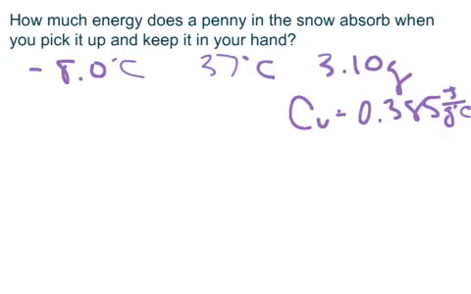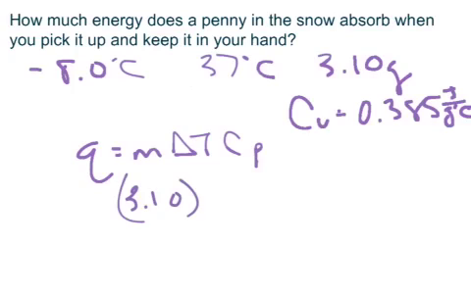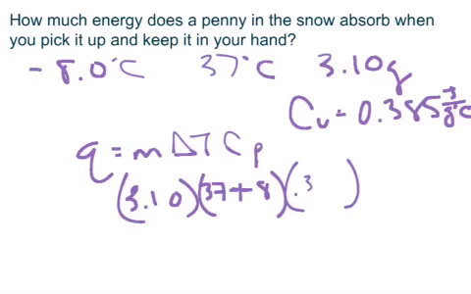If we want to figure out how much energy that penny absorbed from your hand, we want to plug it into this equation. We know that it weighs 3.10. We know the change in temperature. It ended up at 37 degrees. It started at -8, excuse me, so this is really a plus. And then the specific heat is 0.385 for every gram and degree Celsius. So really all we have to do for this question is multiply, and the answer is that it absorbed 53.7